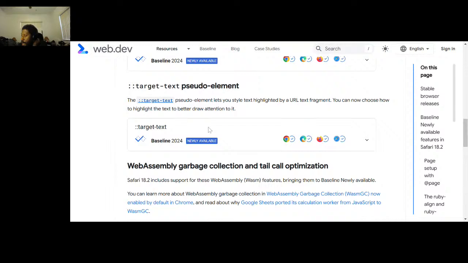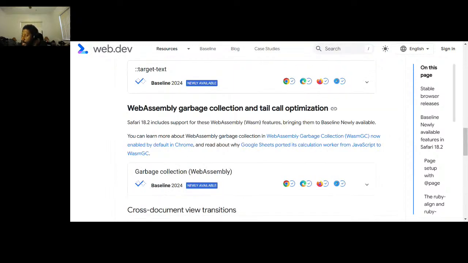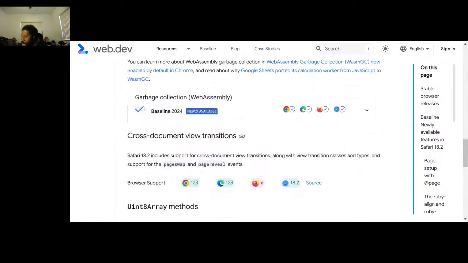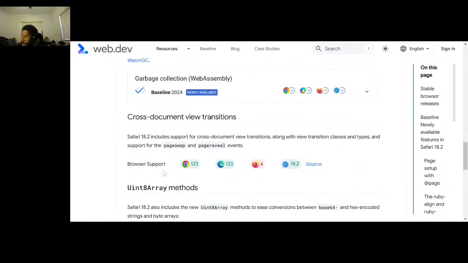Yes. All right, and then we got WebAssembly garbage collection and tail call optimization. This stuff I have no clue about. WebAssembly, it's awesome, but I can't wrap my brain around it. And then cross-document view transitions, Firefox doesn't have it. I'm like, oh, okay, but it's almost there. So notice it doesn't say Baseline or anything like that.